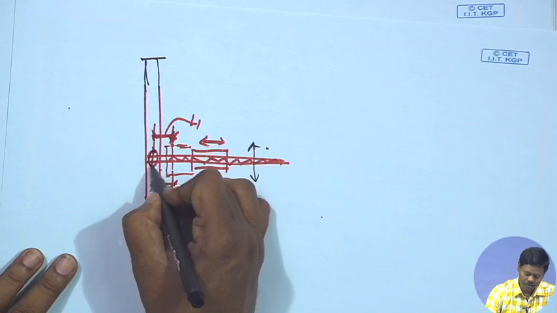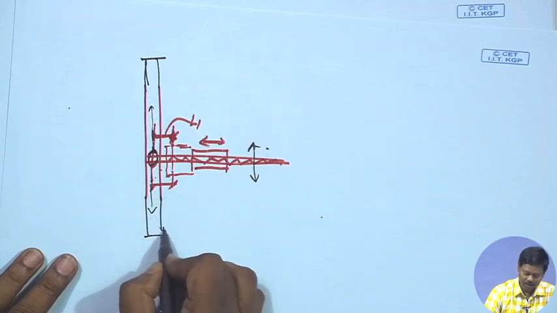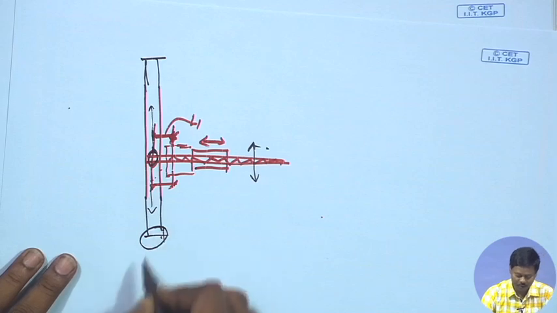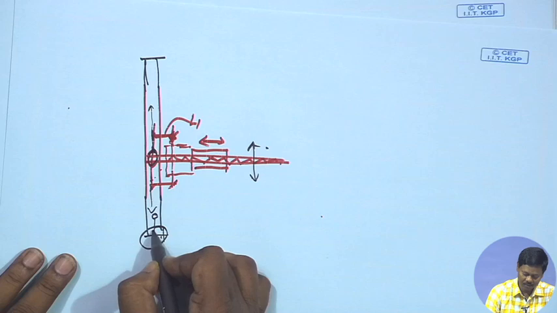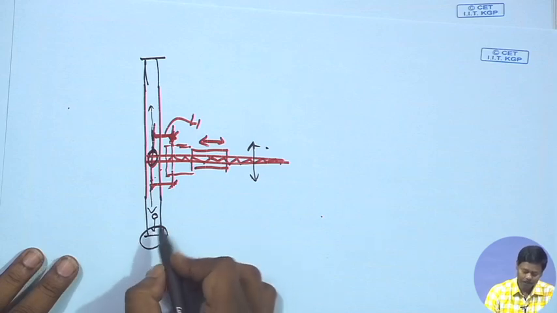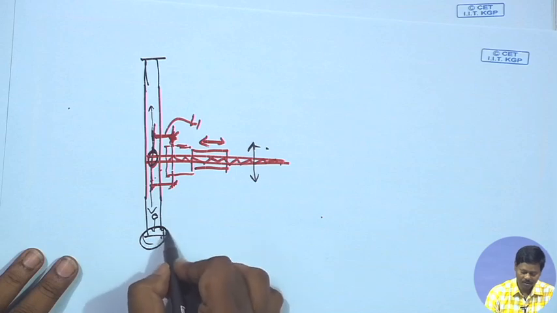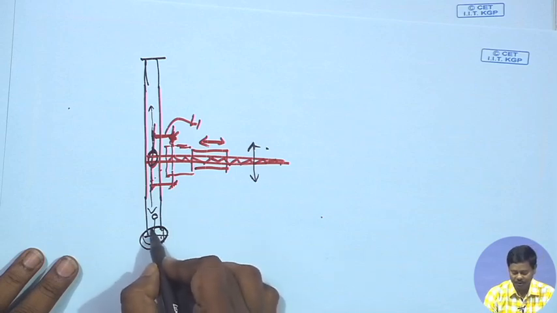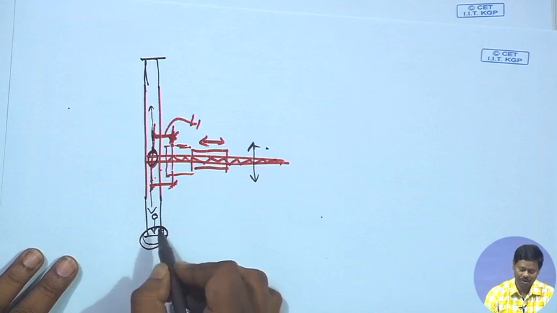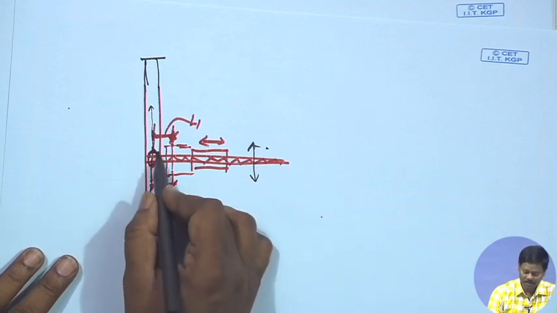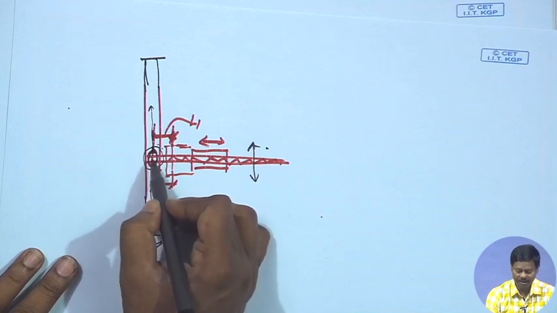So this load is moving towards this and towards this, and when one wheel load is at the support and another wheel load is away from it, then the maximum shear force can be obtained. So maximum shear force will be obtained when one of the wheels is placed at the support. Similarly, the maximum bending moment will be obtained towards the mid span, and